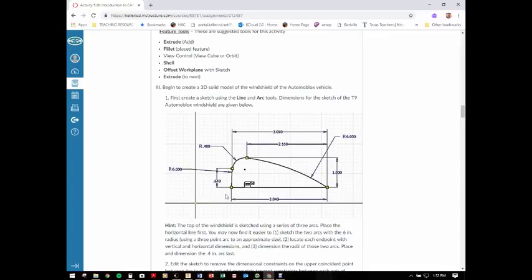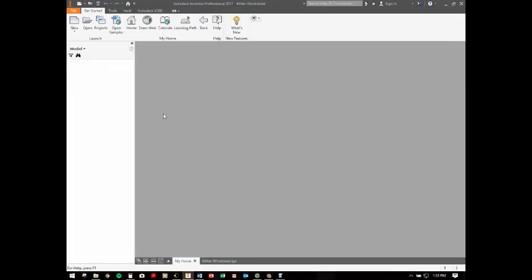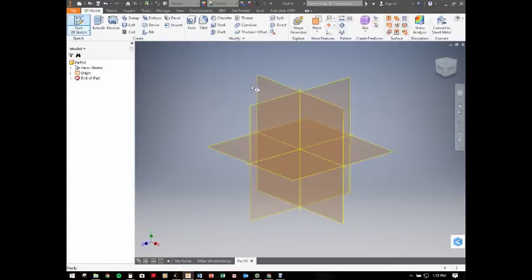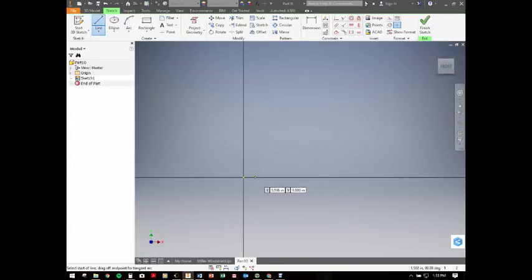This will introduce some new tools into your toolkit for using Autodesk too. So this is a great piece to start with. So I'm going to open up a new part, and I'm going to go ahead and start by placing this horizontal line in here at 3.04 inches. So we're going to go to the home screen, start with a new part, sketch in the XY plane, and start off with a line